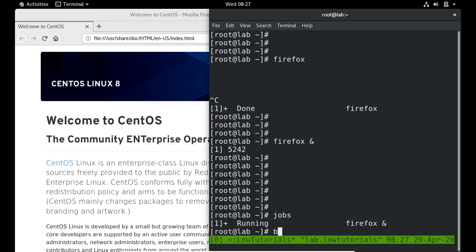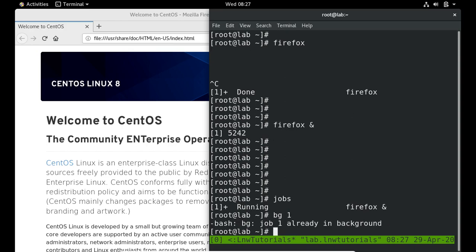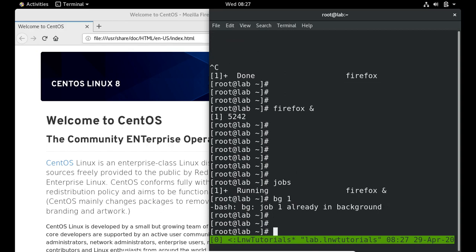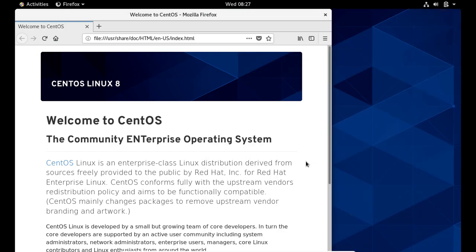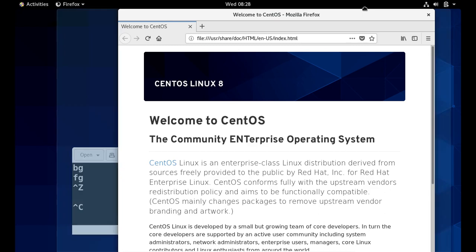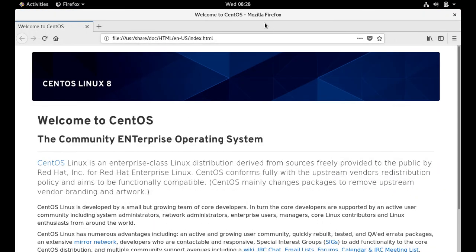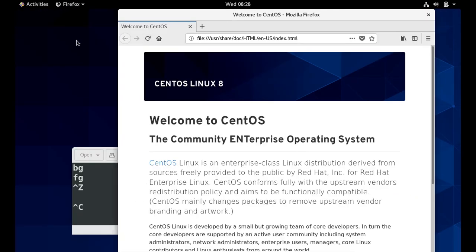First I need to put it in the background with jobs. The job is already running in the background. Now I have closed the terminal and the process is already in the background, and I am able to see that my Firefox is still running normally. I can even create a new tab.